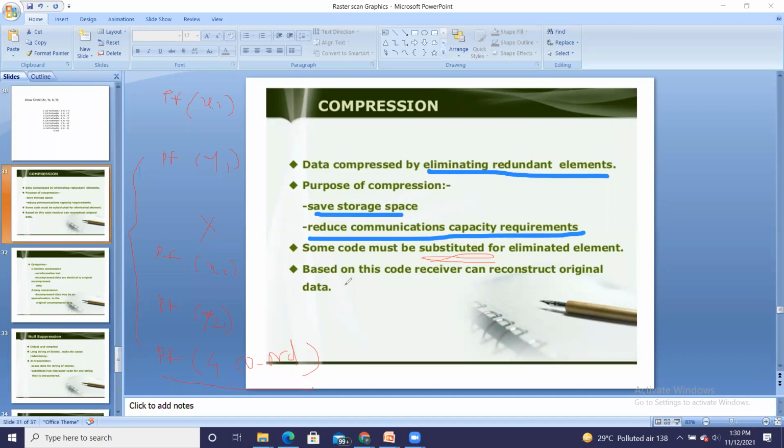Based on this code, the receiver can reconstruct the original data. So depending upon this code, the receiver can reconstruct the original data. The receiver knows what to give as an input, and that's why it will reconstruct the data. That's it.